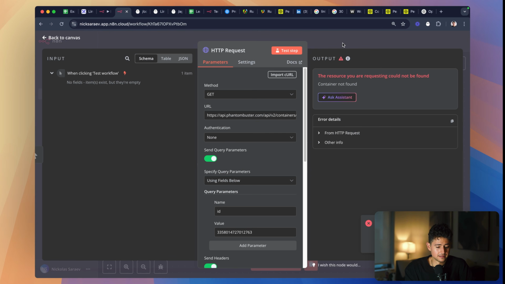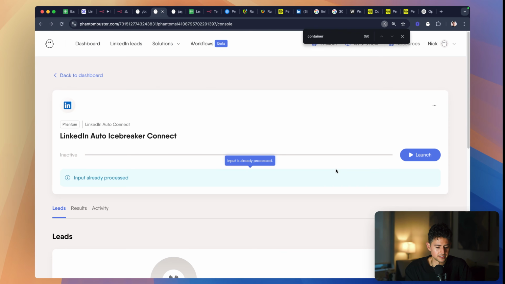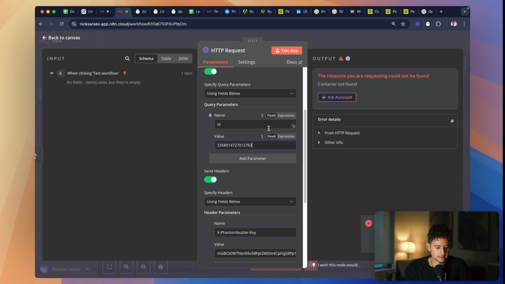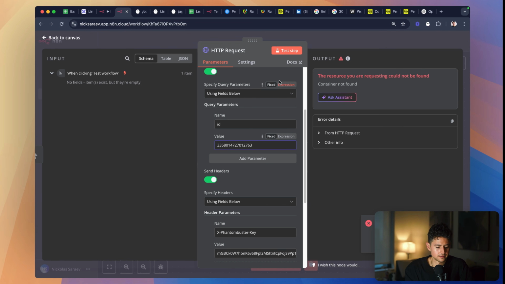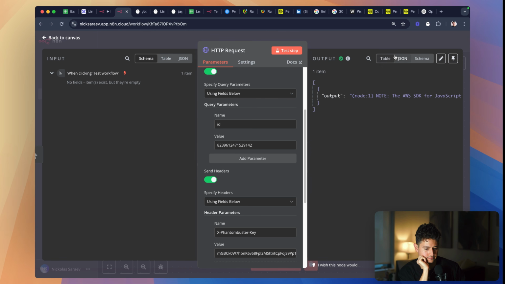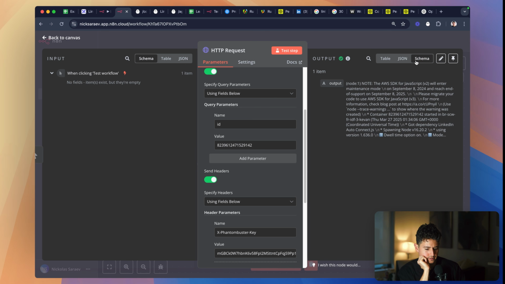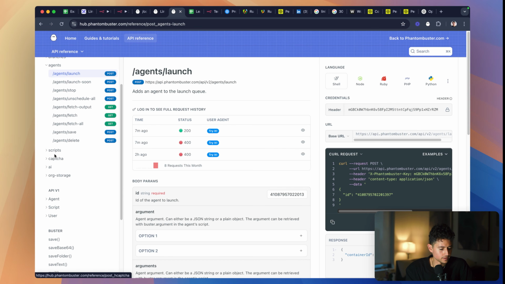I guess I could just grab a different container. This one maybe? Let's try this. Okay. Oh, what the heck's this? I don't know what this means. This looks like a test. That's the output, huh? Weird. So I don't actually know if that's what we want. Do we want the container ID then? No, we want